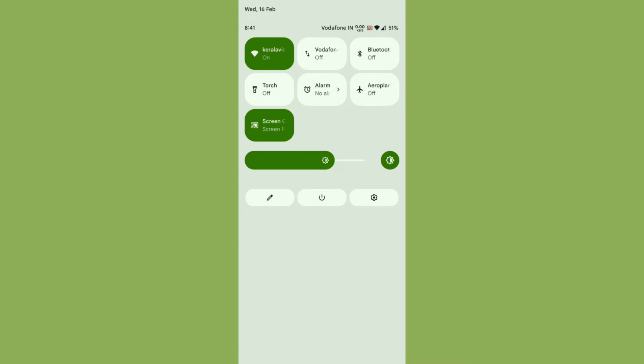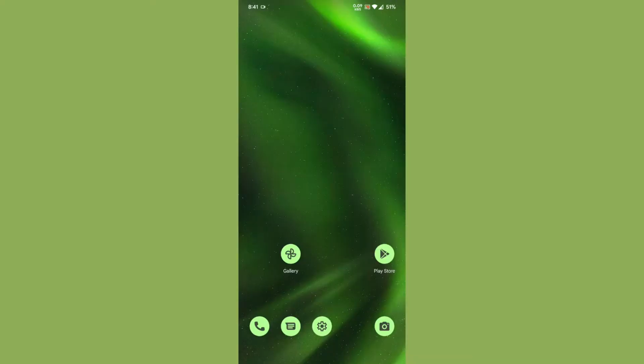From the quick settings, we have the stock quick settings layout, but I have managed to change it into 3 tiled quick settings with the help of a Magisk module. Now the ROM is vanilla. I have used the Flame GApps Basic for booting the ROM, and the vendor that I've used is